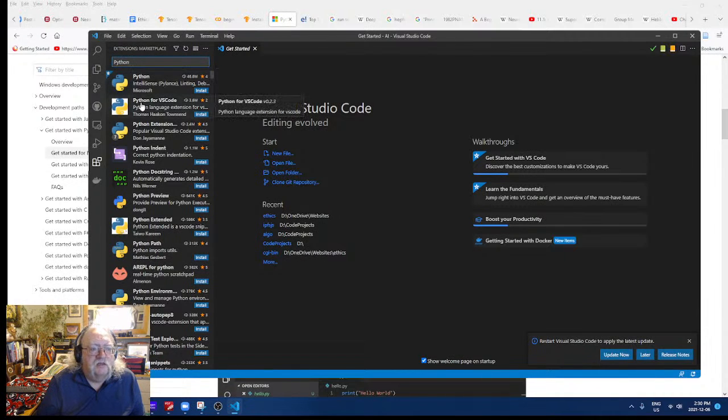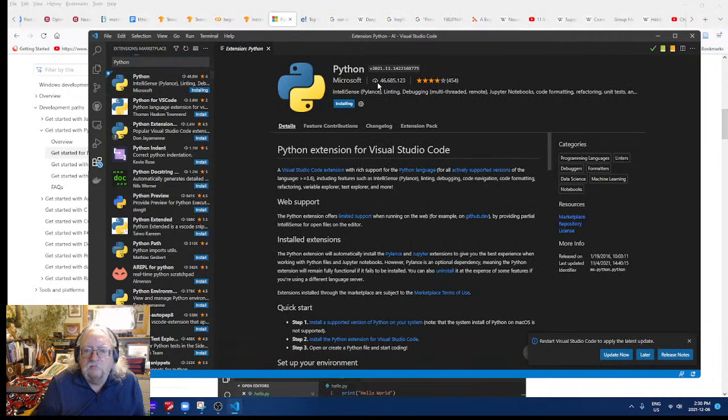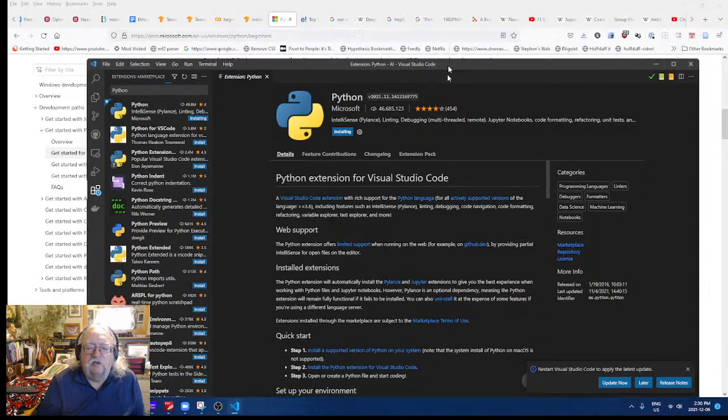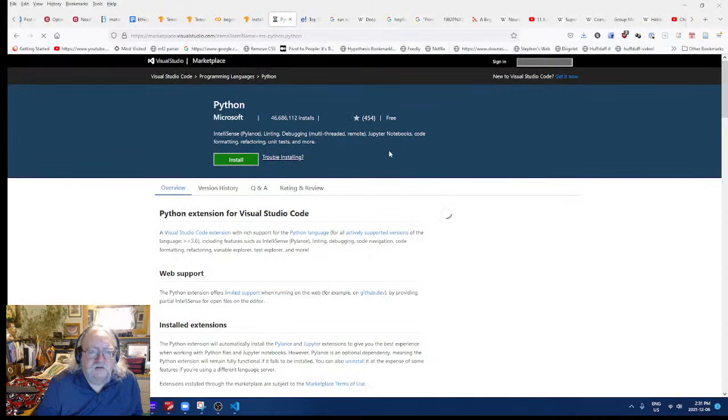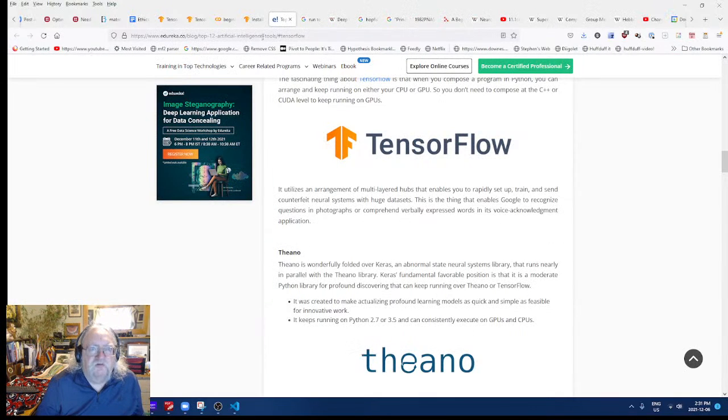This is by IntelliSense. This is by some guy called Thomas Hacken Townsend. This one says Microsoft. Let's install that. I assume that's what they meant. But this is the sort of thing that could be a lot clearer. Like, what Python extension do you mean exactly? Right, Python by Microsoft. Okay, actually following the link would have helped me.